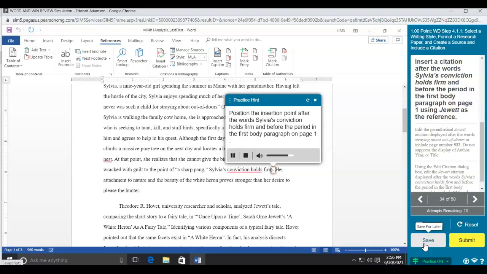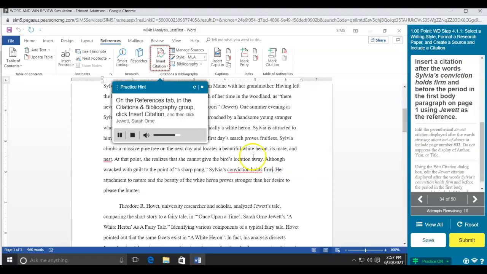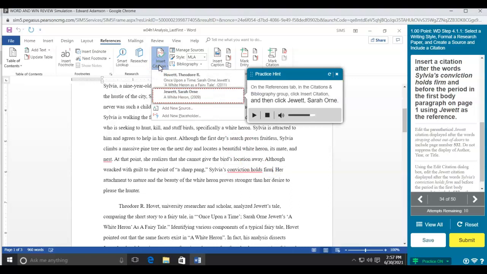Position the insertion point after the words "Sylvia's conviction holds firm" and before the period in the first body paragraph on page 1. On the References tab, in the